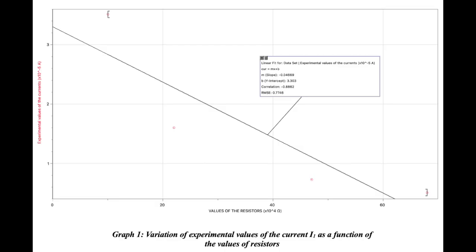First one is the graph of the experimental values of the current I1 as a function of different resistor values. When the graphs I showed are examined, it can clearly be seen that for all three currents flowing in the circuit, as the values of the resistors increase, the values of the currents decrease. This relation is inversely proportional and linear, such that the best fit line of the graph is linear and